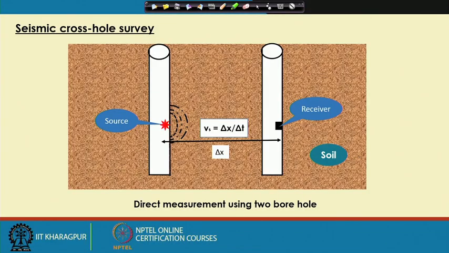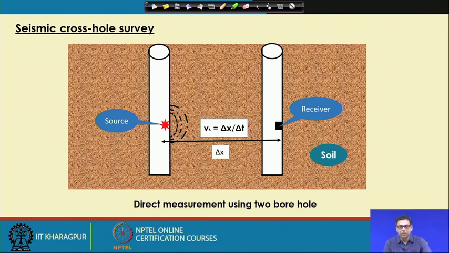Now, the next thing is that if you are not getting a good result because your condition is not satisfied, that is, your velocity is not increasing with depth and there is a hidden layer giving the opposite trend, then you have to go for the seismic cross hole survey, which is simple. You construct 2 or more boreholes, this is your source and you put the receiver here, you know the distance, measure the time, simple. You will get V s or V p, just distance divided by time. Here you can collect the soil sample also, because you have the boreholes.